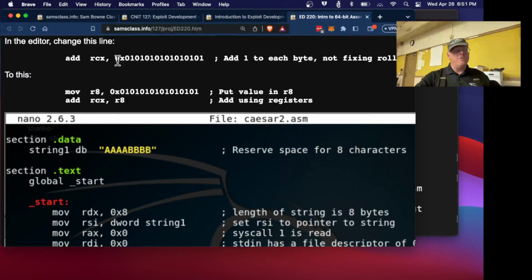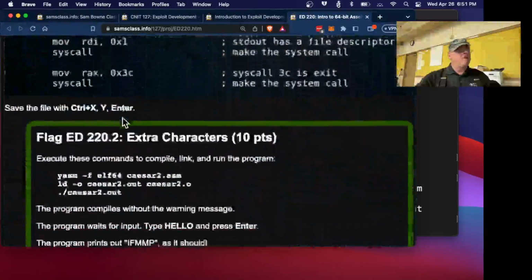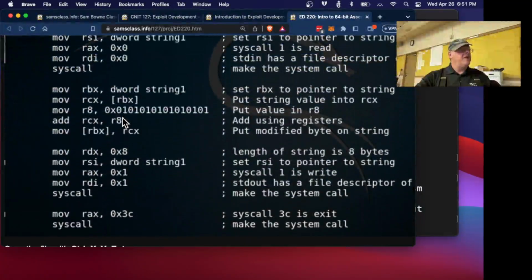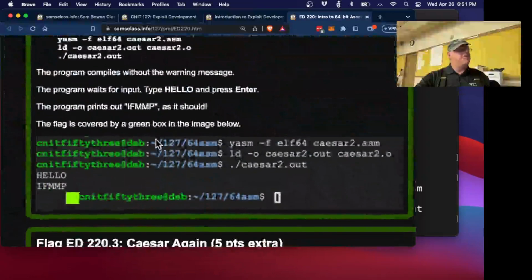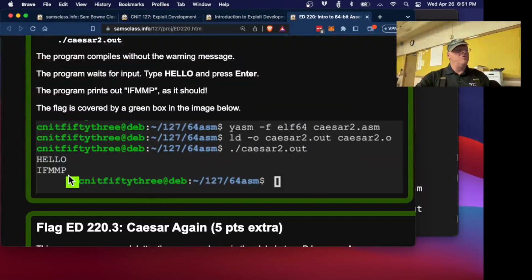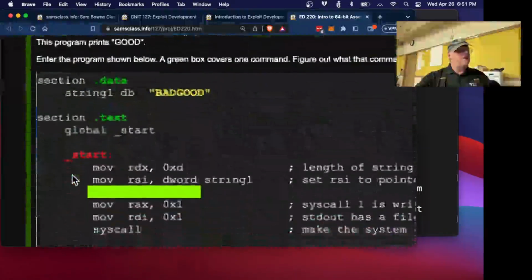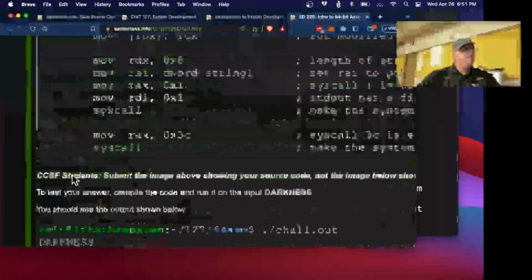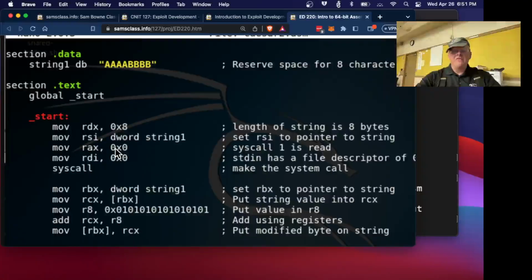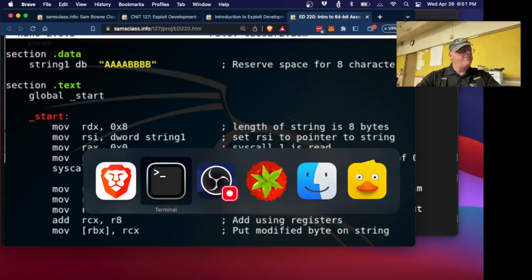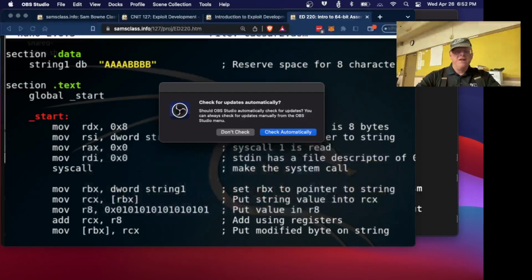And when you get to ARM assembly, this is very common. So with that instruction, you can now make a sloppy Caesar cipher. So if you give it hello, it'll move everything forward 1 letter in the alphabet. All right. So we've talked about it in lecture. That's, I think, why it looks so familiar. And there's a few flags to find there. But anyway, that's what I wanted to show you about 64-bit processing. And I'm going to